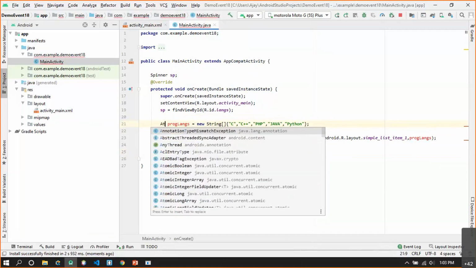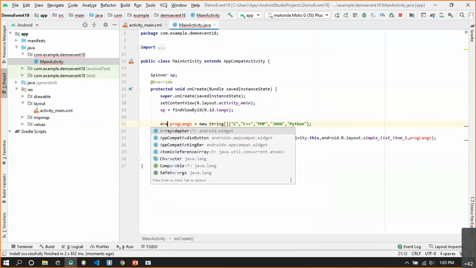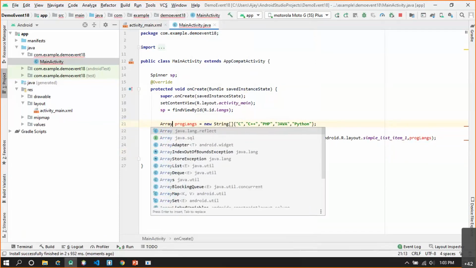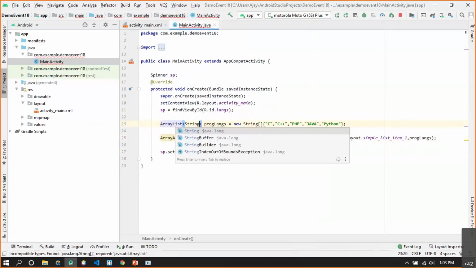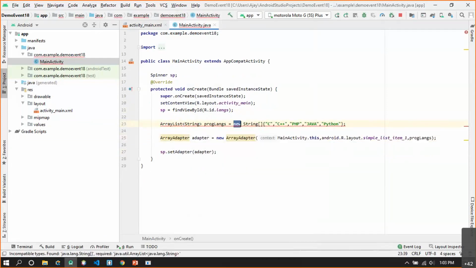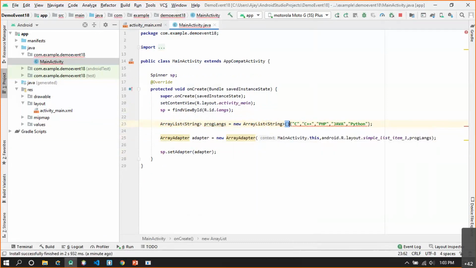I can say ArrayList of String proglangs is equal to new ArrayList of String, and this array list is going to contain these items.